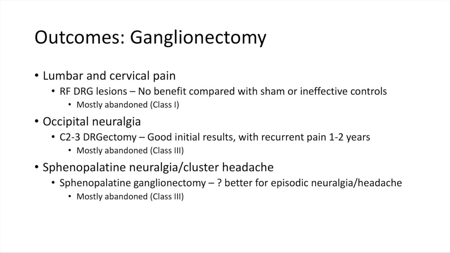The second largest series of patients with occipital neuralgia compared ganglionectomies performed in patients with occipital pain described as either sharp, burning, jabbing, electrical, or exploding, Group 1, or dull, aching, throbbing, or pressure-like, Group 2. Patients in Group 1 tended to have a higher prevalence of a traumatic history and had the better response, nearly 80%. Overall, Group 2 patients had a poor outcome. Follow-up ranged from 19 to 48 months.